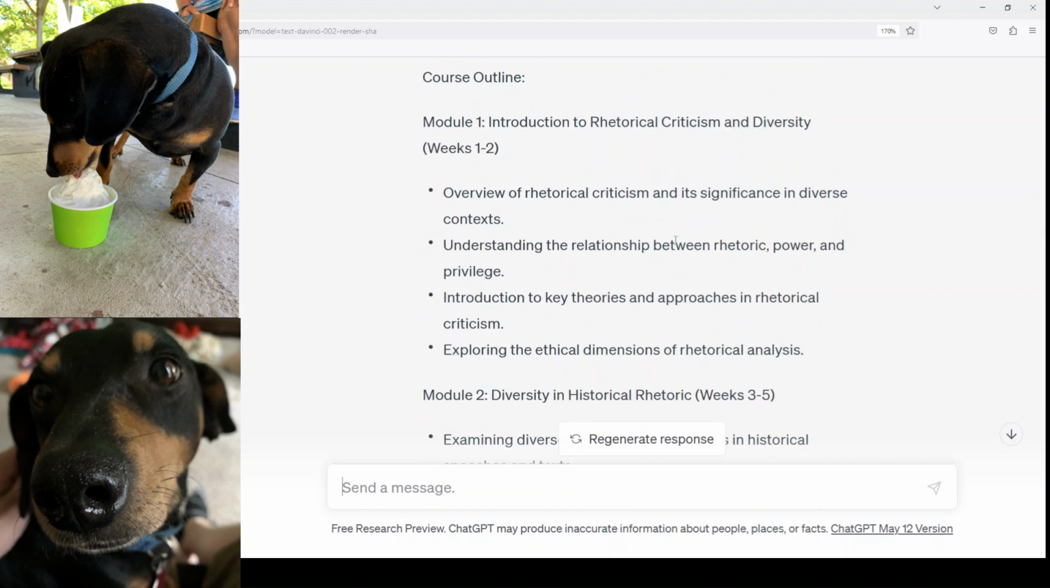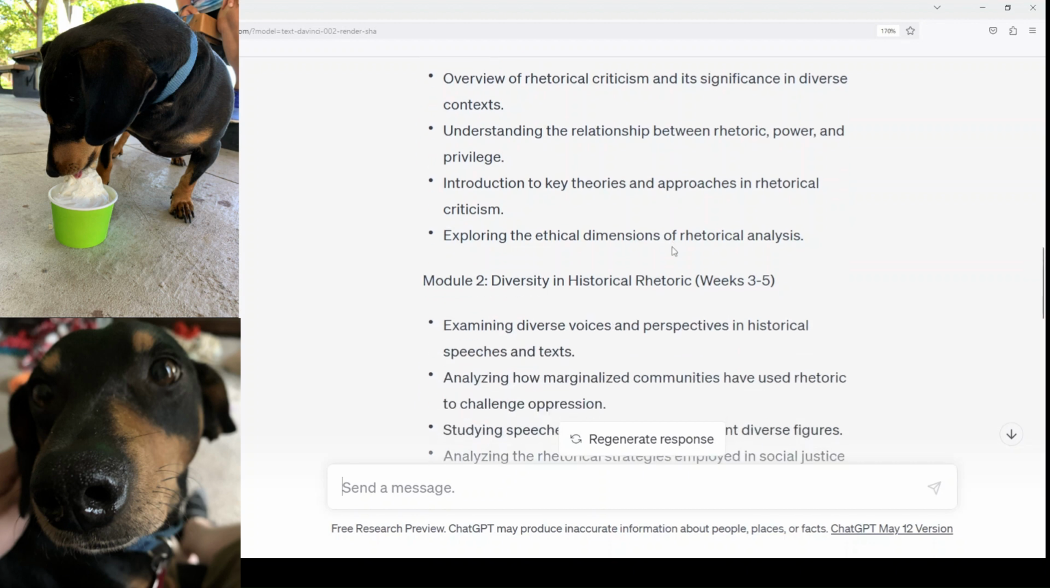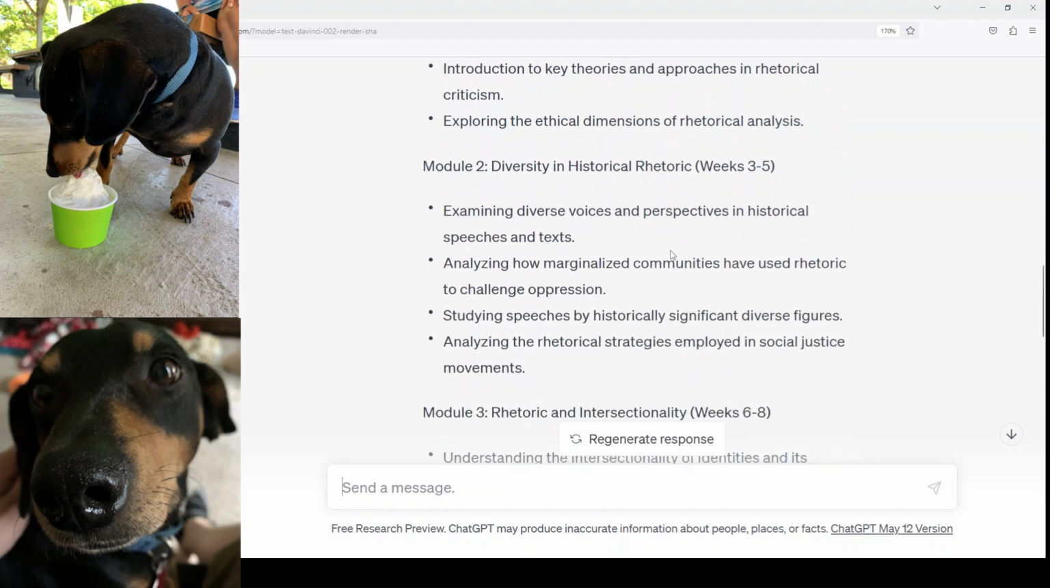ChatGPT also gave us a good layout in terms of modules and the weeks that we might use for the course: introducing rhetorical criticism and its significance, introducing key theories and approaches, moving into diversity in terms of historical rhetoric, looking at diverse voices from historical speeches. That is usually a good way to start a rhetorical criticism class. I often find that starting with speeches is a good way to get students to understand some of the basics